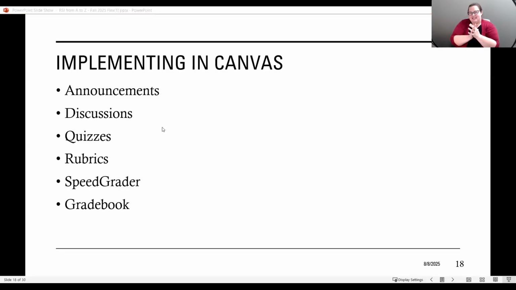So how do we show this in Canvas? As Sally mentioned, and when the crediting team came and had discussions with us, there are some common areas where RSI can occur. Most likely, the first places that evaluators would look at are announcements and discussions. Many of us already use these, so continue to use them with the clarified methods that are defined in the RSI policies.